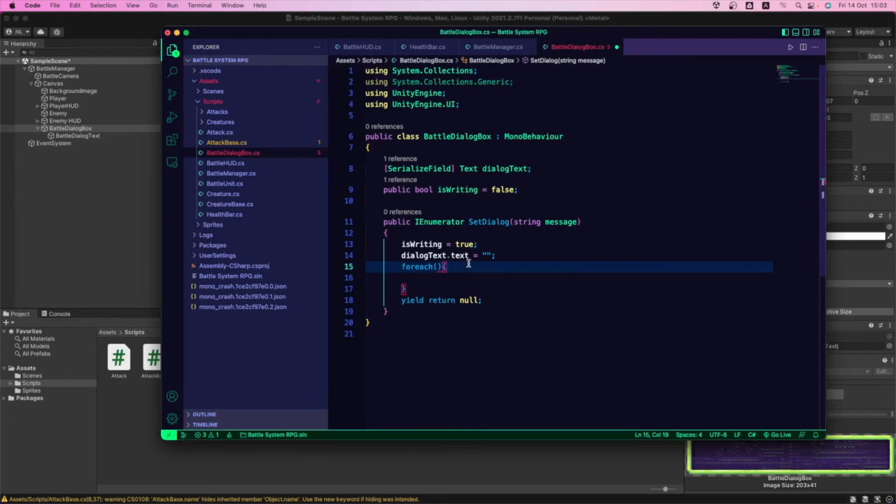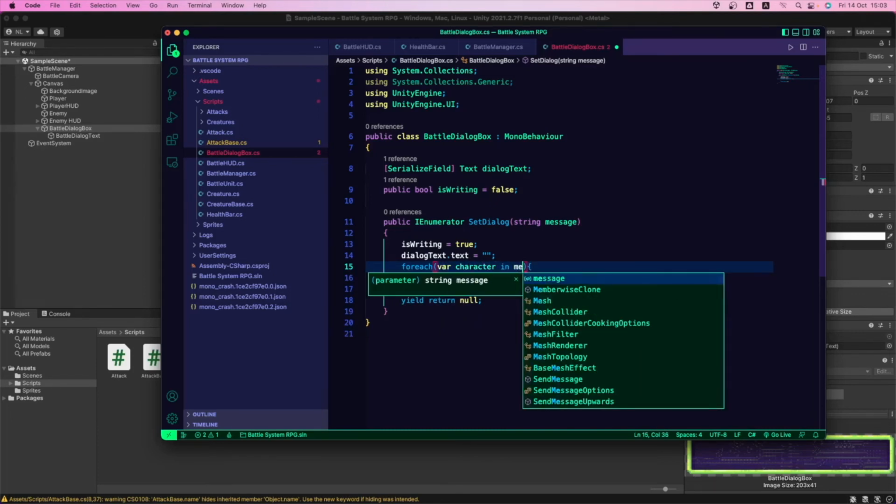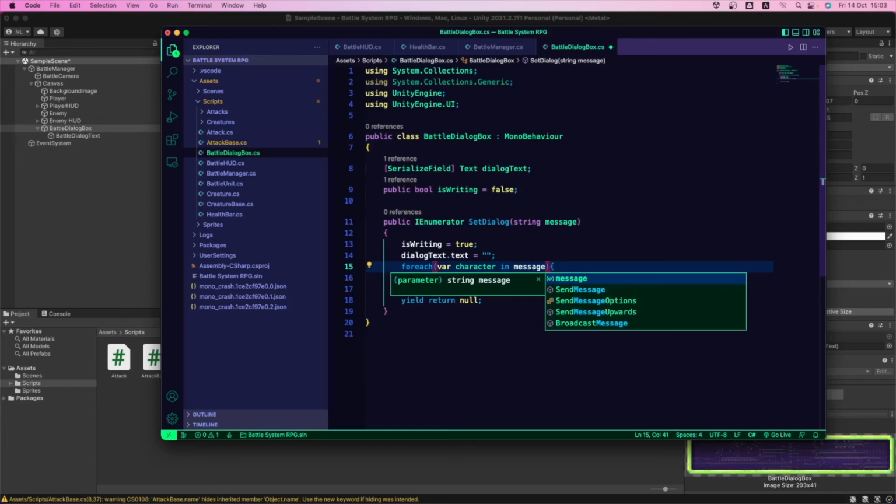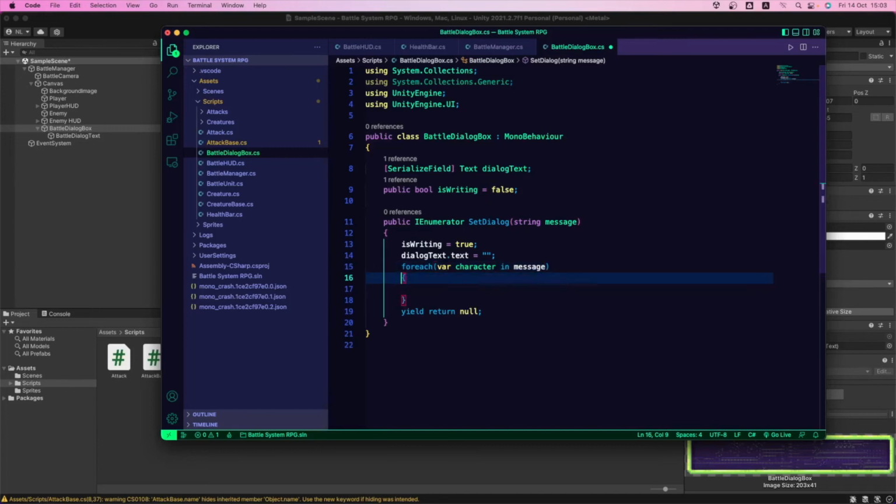Great. Okay, then inside this foreach loop we're gonna say that there's gonna be a variable named character that is going to go inside the message variable to go counting each one and adding letter by letter. Okay, so how do we do that?